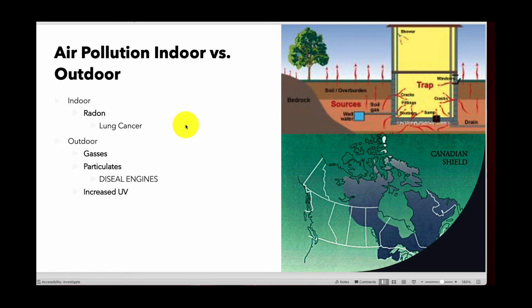It's also been found in schools and other buildings. And exposure to this gas is the second leading cause of lung cancer in the United States after smoking. So this is a pretty noxious gas that certainly can devastate the lungs and the body. This gas forms naturally in the soil. So you can see a picture here.